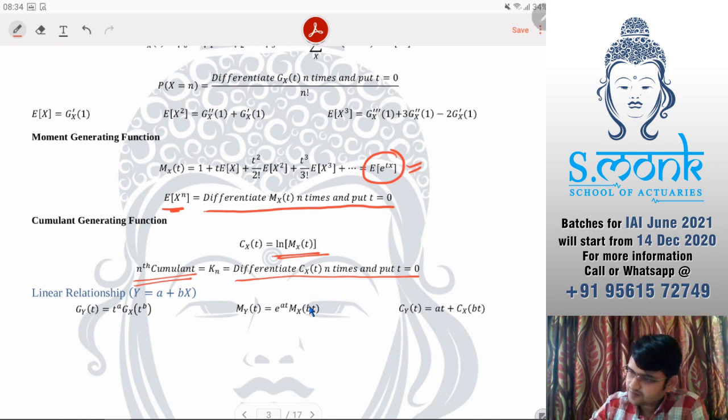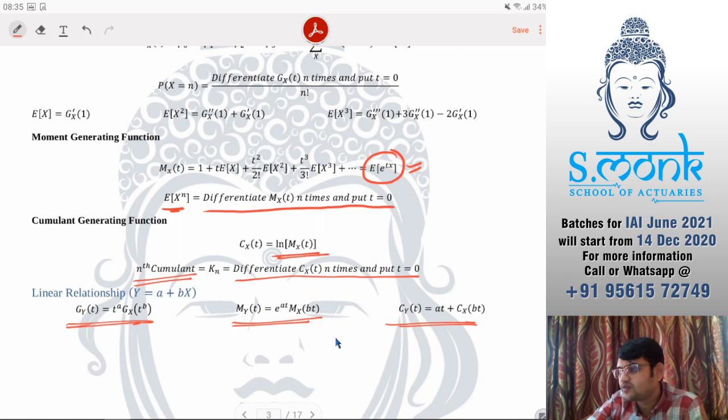Then linear relationship, again you can skip probability generating function, but this is a linear relationship of moment generating function and cumulant generating function. These you must remember. Many times they used to ask to prove these and then use it, but I'm not expecting them to give you a lot of proofs, especially where we will have to write it in very elaborate terms. So I'm not expecting them to give you proof of this, but at least you should know. Okay, and you should remember these values.